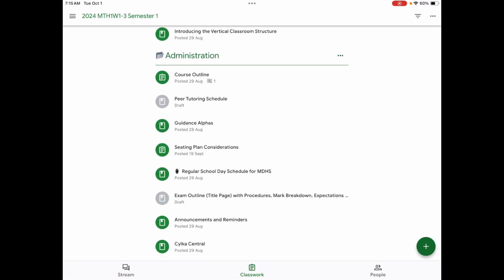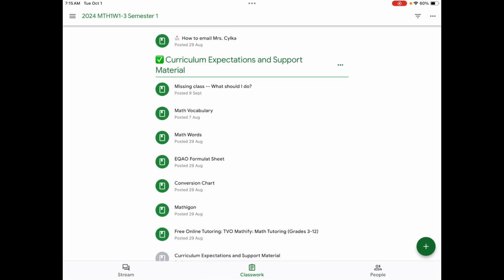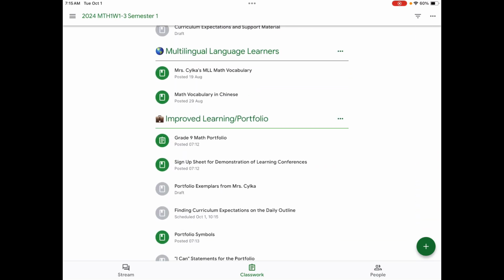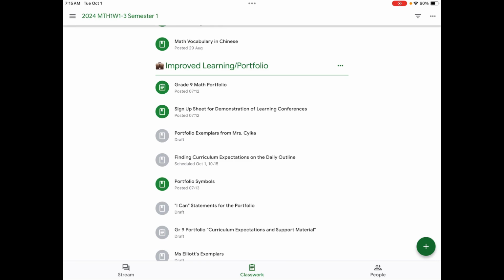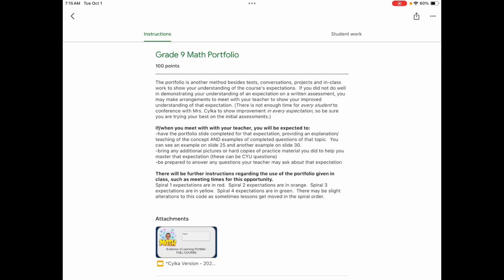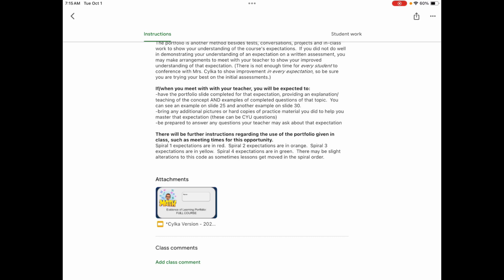And if you scroll down under administration, under curriculum expectations and support material, multi-language learners, down to improved learning portfolio, it's at the very top of that section. If you click on grade 9 math portfolio, it may look a little bit different for you because I have the teacher side of things, but for students, if they click on it, they will see an attachment that says Silk Immersion Portfolio. So if they open it up,